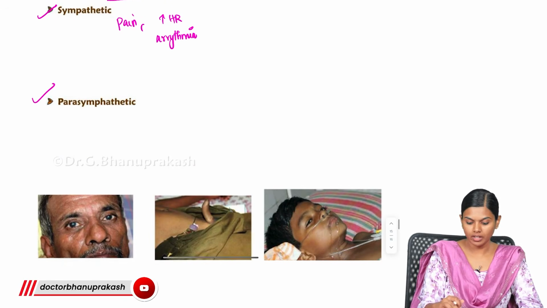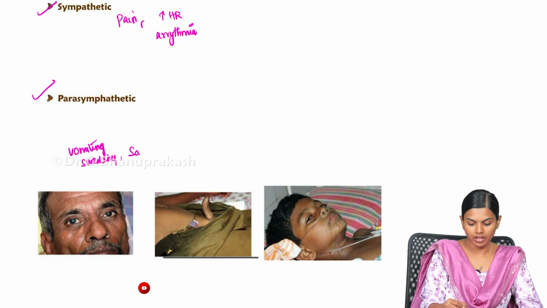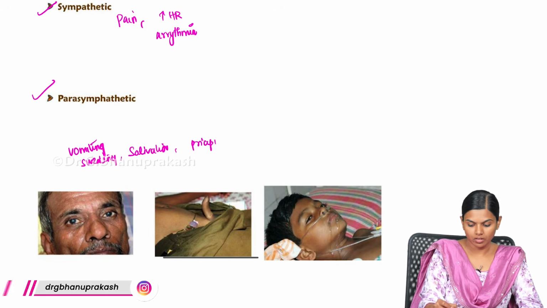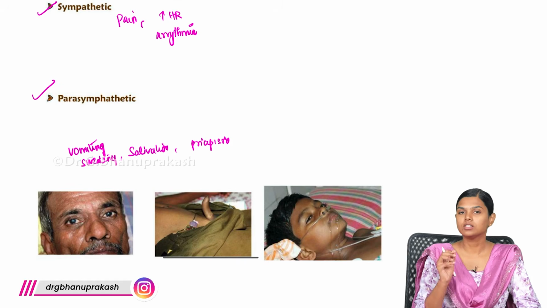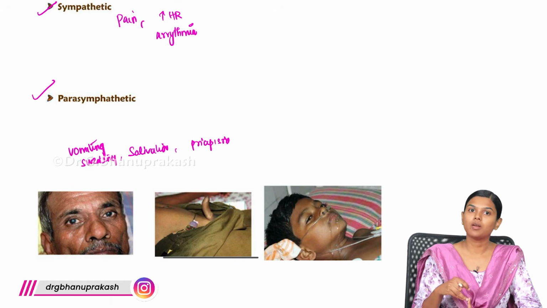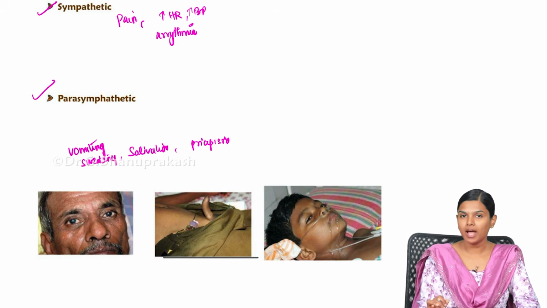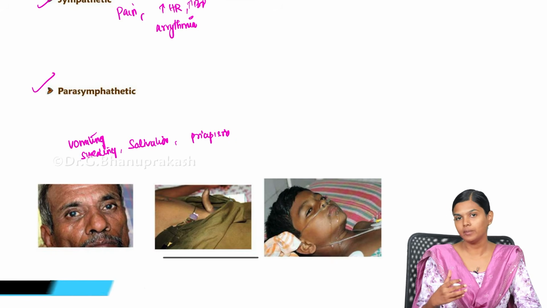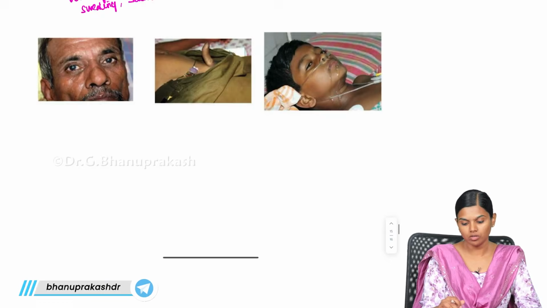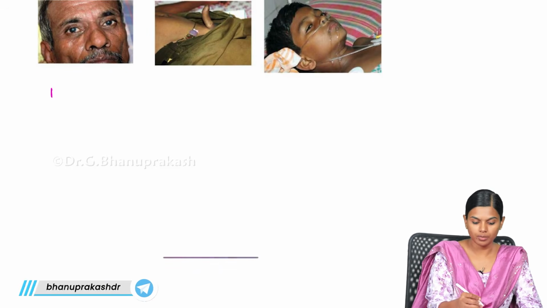In parasympathetic, you will be seeing vomiting, sweating, increased salivation, and priapism. So all these are common with scorpion bite. So scorpion bite, whenever they come, there will be extreme pain. They are more prone for hypertension and arrhythmia, and parasympathetically there will be increased sweating, salivation, and priapism may also happen. And whenever this happens, the main mode of treatment is